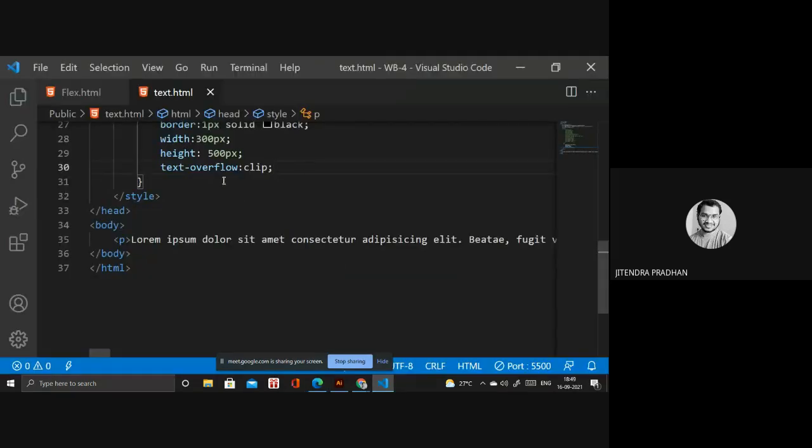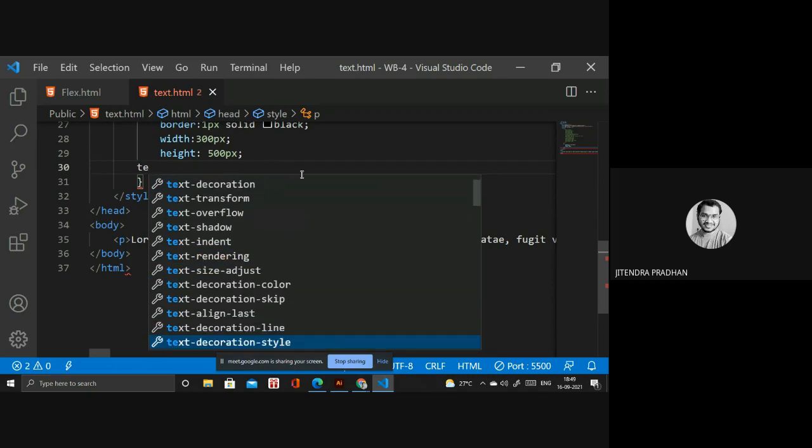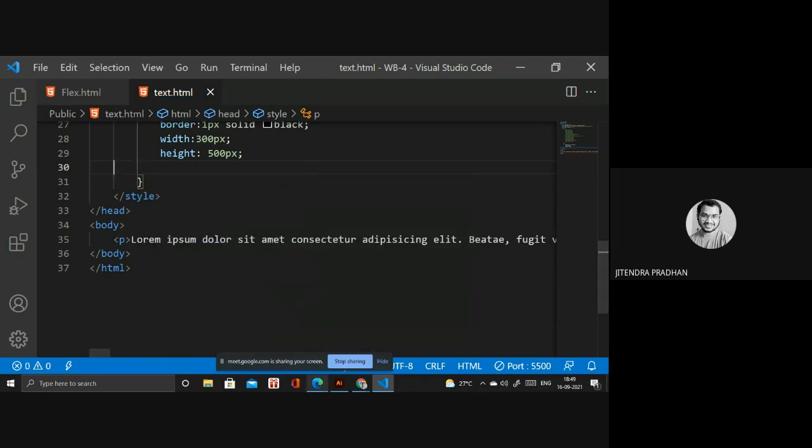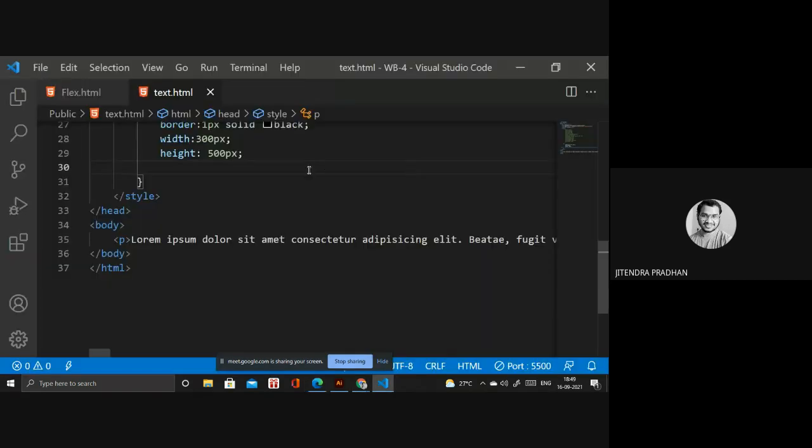We are using text overflow, and we have another one. I think the text overflow is used for another method. I will show you how it looks as well, how we can set content inside the box. Wait, what is the property we need to use?